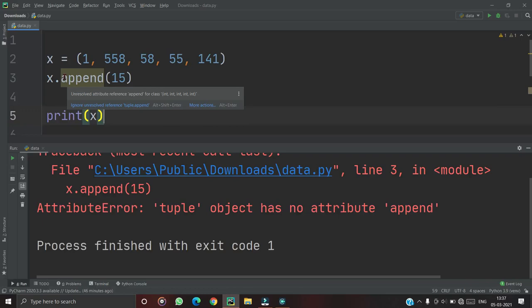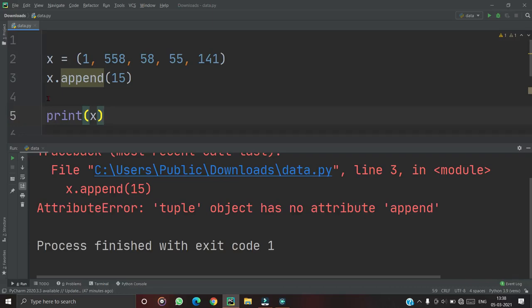You have to remember that tuples cannot be updated because they are immutable. So the next is deleting tuple elements.